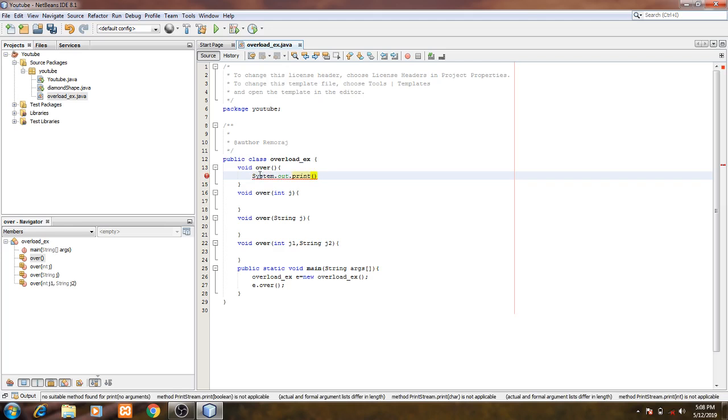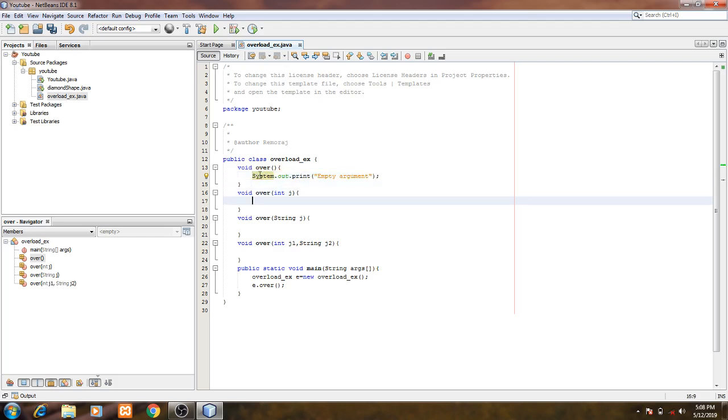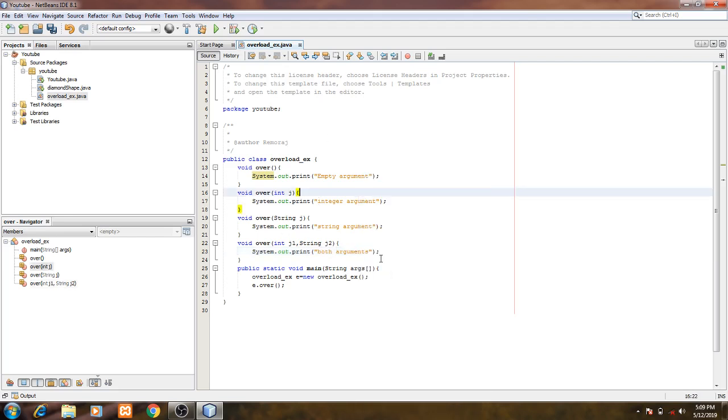So empty argument, so copy and paste, integer argument, string argument, both arguments. So if we run this program,